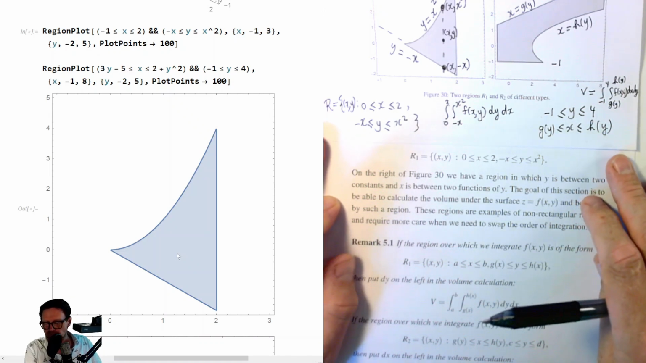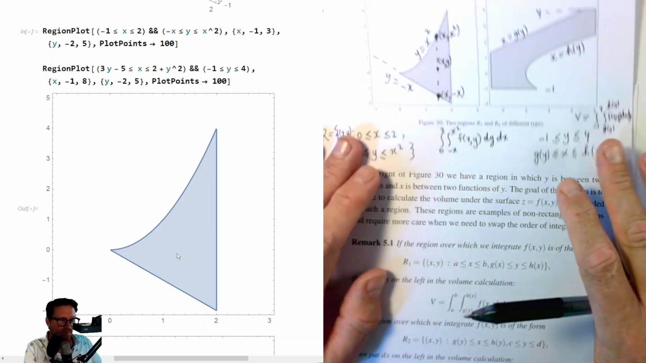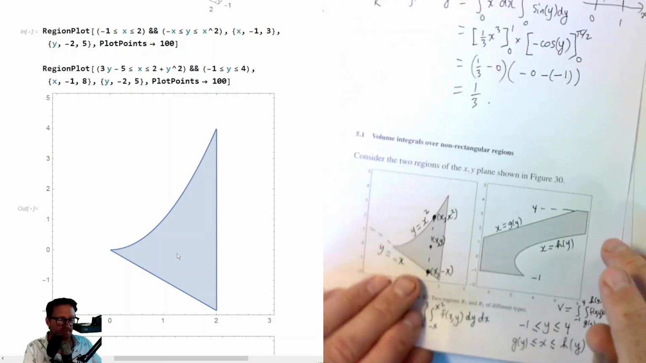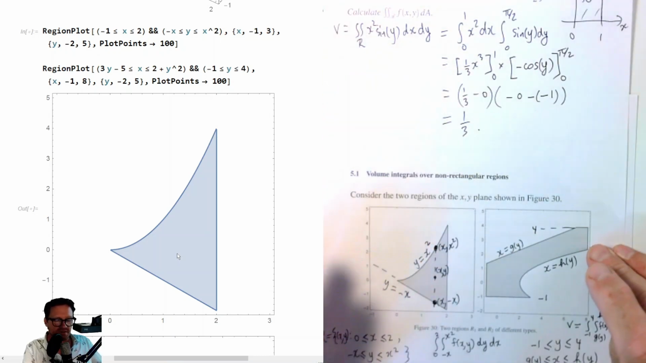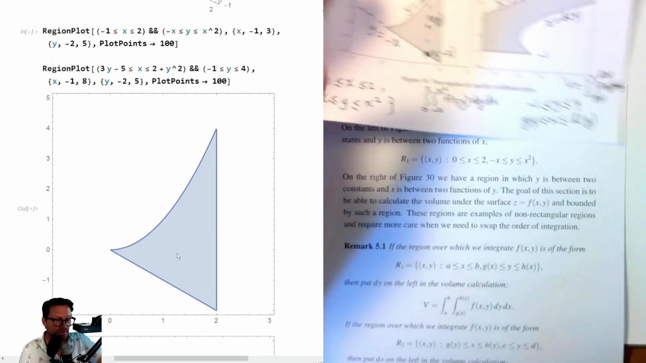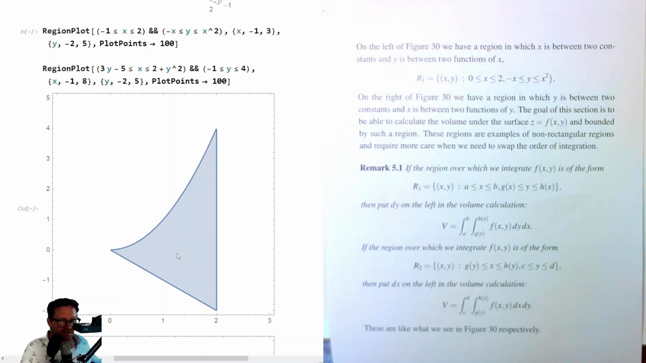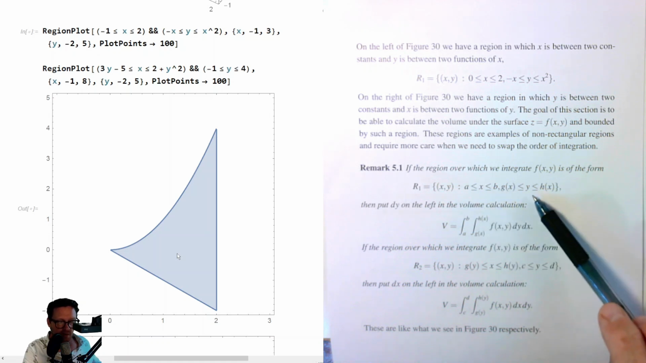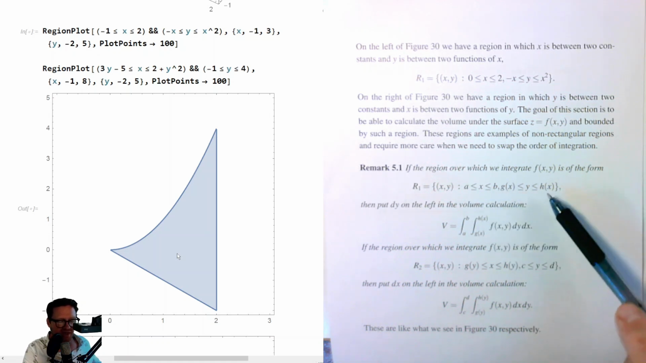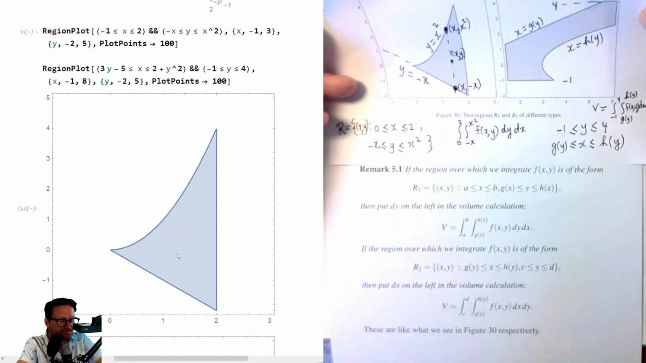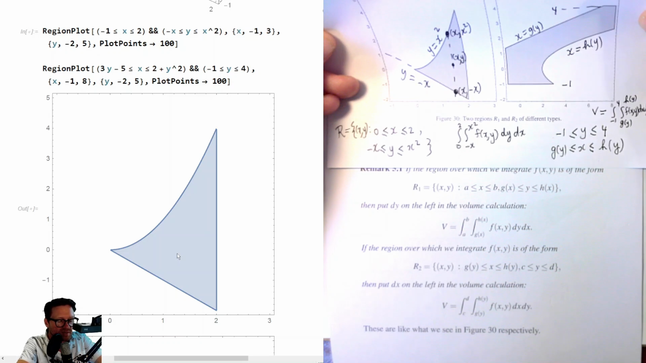So, for example, this is possibly not the best example to talk about the difficulty difference, but we'll see some coming up. All right. So if the region over which we integrate f of x, y is of the form x between two constants and y between two functions of x, so for example, an example of this would be,